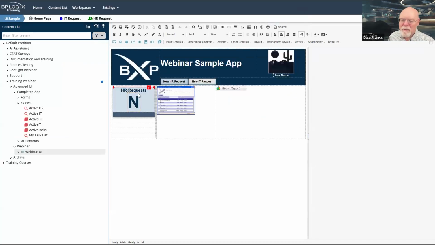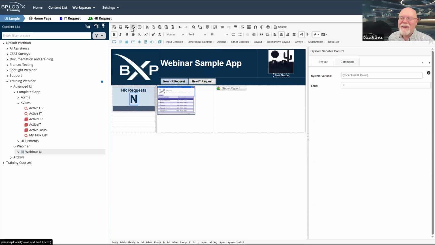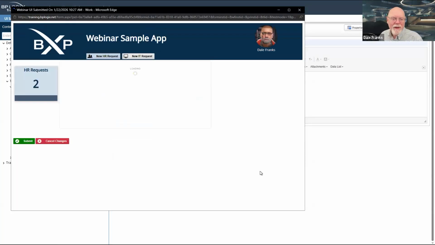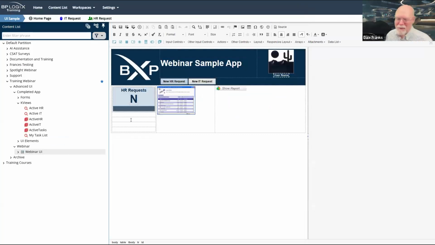Maybe I have a little too much space there. Let's drop this back to 48 instead of 72. And let's do another little test and see if this gives us a little better size. Okay, that's more reasonable looking. I'm happy with that.